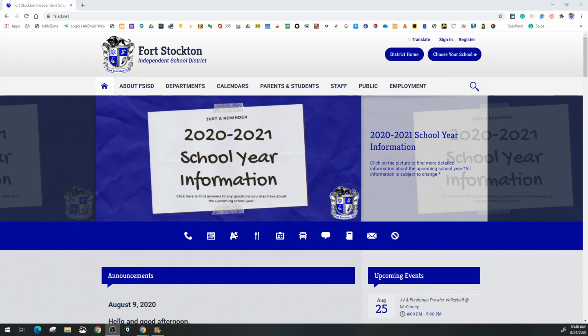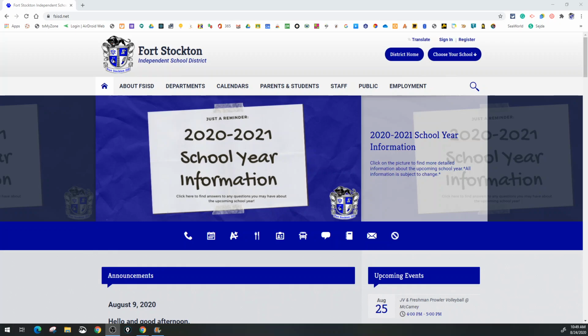Today I will be walking you through the process of creating an Ascender Parent Portal account. Now you may have one already, but maybe your significant other doesn't have one. And that's what this process will be for. For those people who didn't get a chance to create an account because their significant other or somebody else enrolled